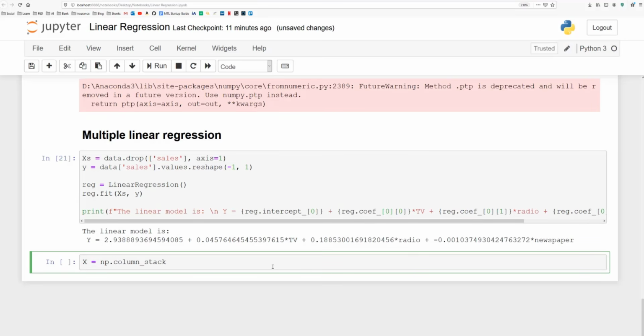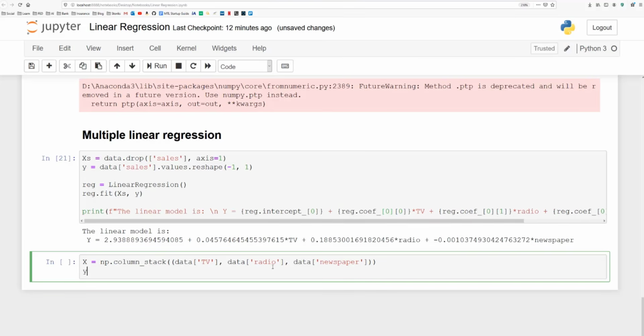So again, let's use the stats library to assess the quality of our model. So I'm just going to specify the x as np.column_stack, and then we take everything. So data TV, we're going to take data radio, right? Yes, data radio, and data newspaper. Awesome. So this is our x, our features, and the target again is data sales.